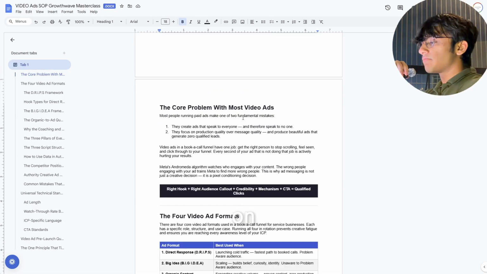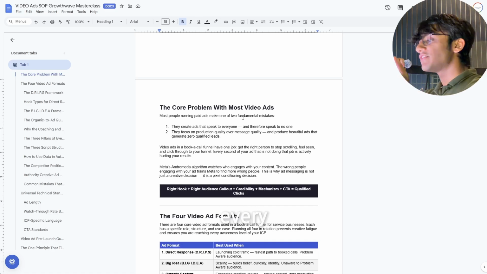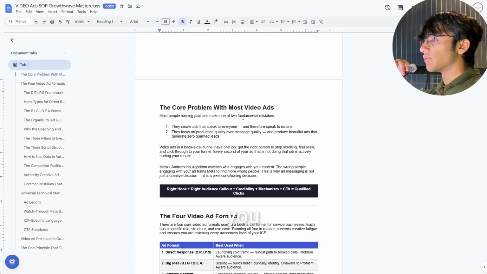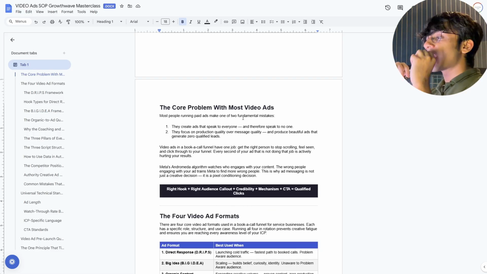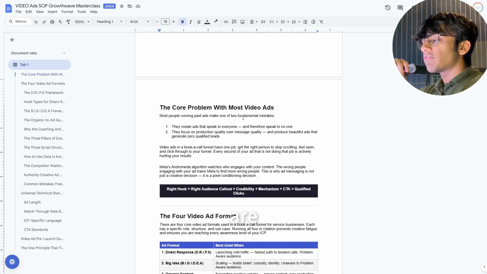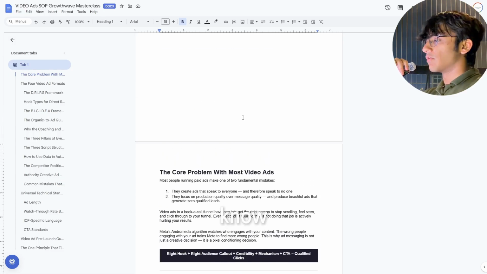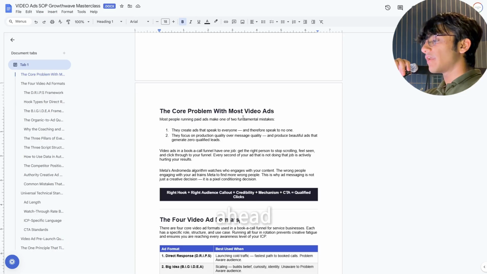When you're running these ads on all the social media platforms, you need to keep in mind that each and every social media platform has more than a million users on it. It's in billions, right? There are an N amount of users every single day on all of these social media platforms. And people are doom scrolling the entire time. On Instagram, TikTok, everyone's just doom scrolling. Now, if you go ahead and put in a very